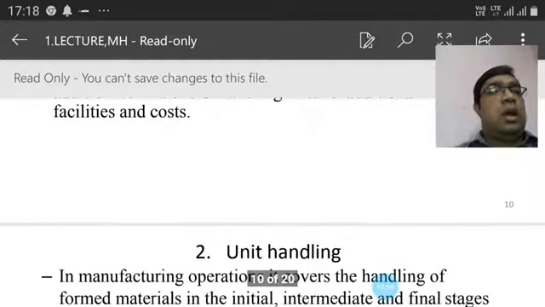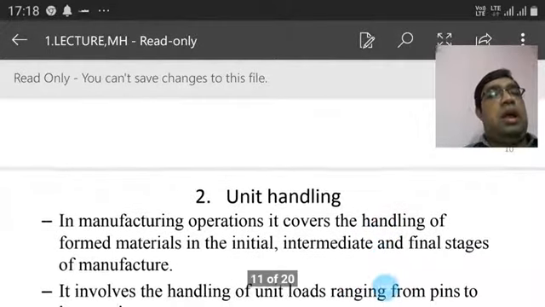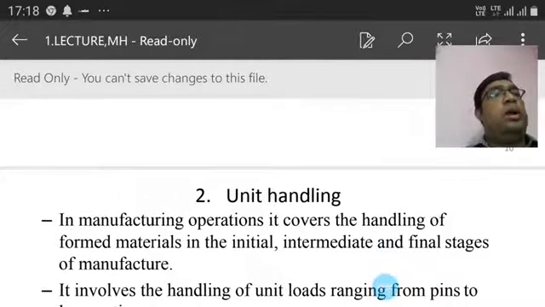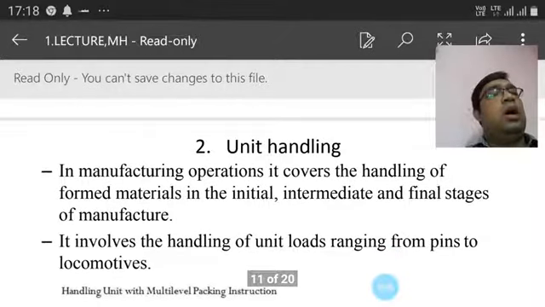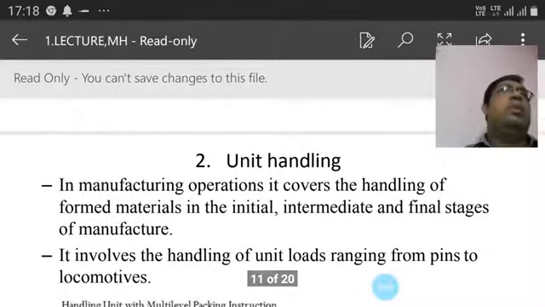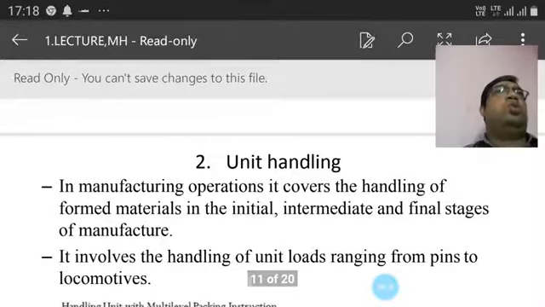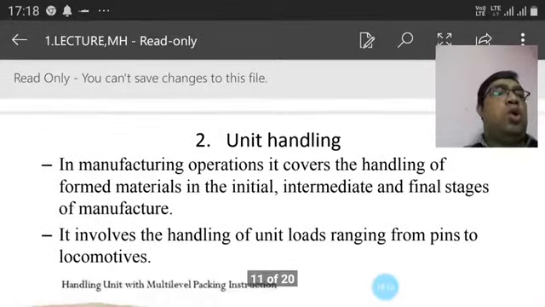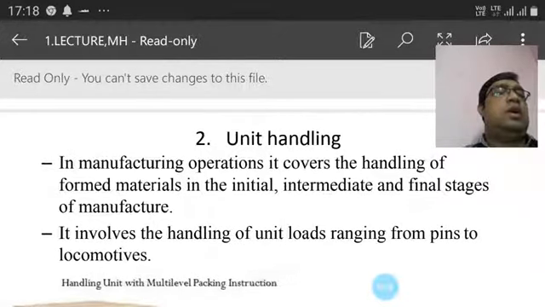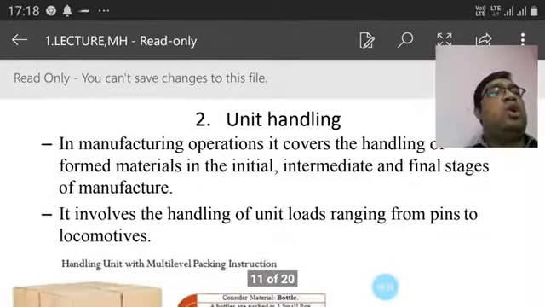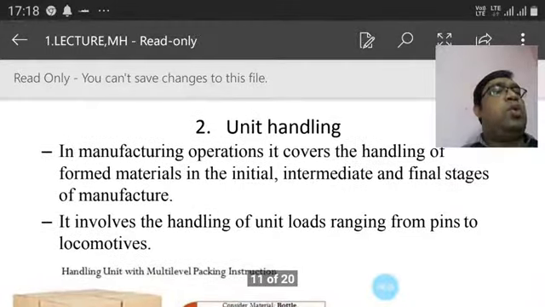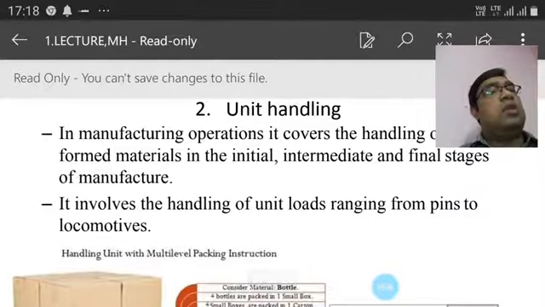Another thing is unit handling, that means the unit load, where at all times the goods that the material handler handles are converted into one unit. It is like our tourist tour time. Suppose you have to go on a long tour, like your family going to Shimla, then you require a good packaging procedure. Otherwise a few of your materials will break inside your bag. So you have to package your bags properly and consider them as one unit.